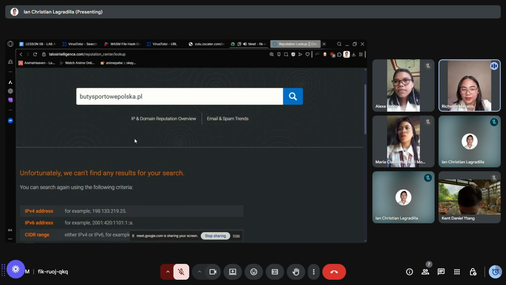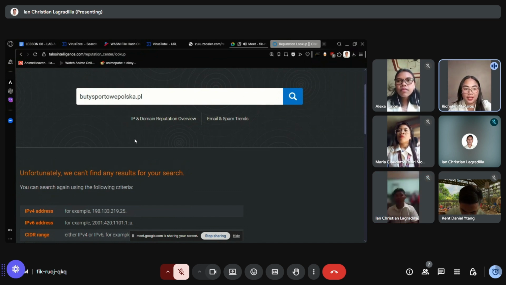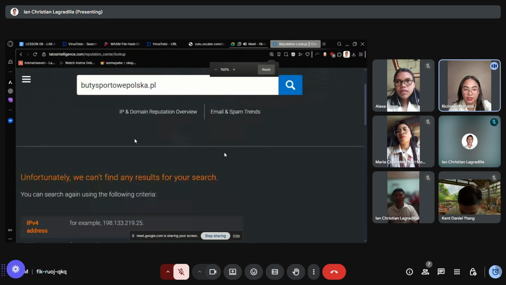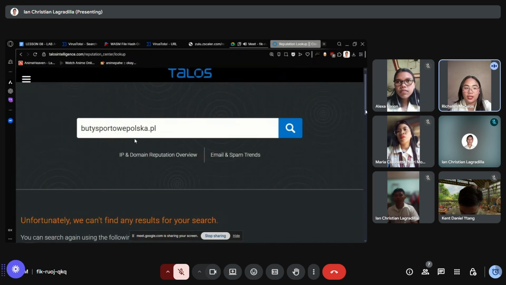So why does this happen? This message means that Cisco Talos has no information about the domain, the website address or email sender's domain you searched. Possible reasons: One, the domain is very new. It was just created recently and hasn't been scanned or analyzed yet. Two, the domain is uncommon or rarely used.